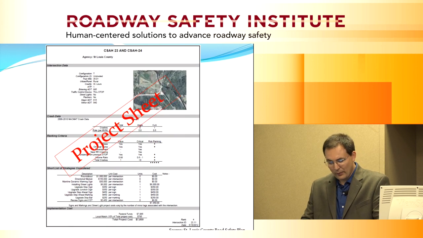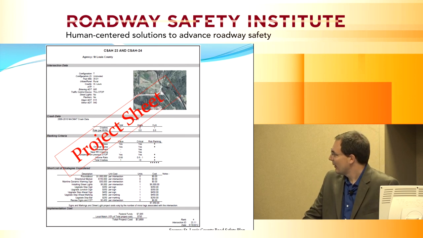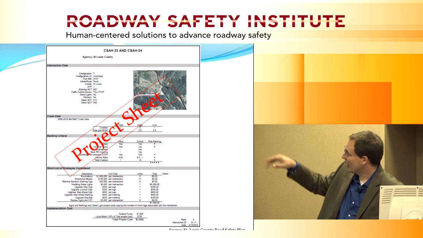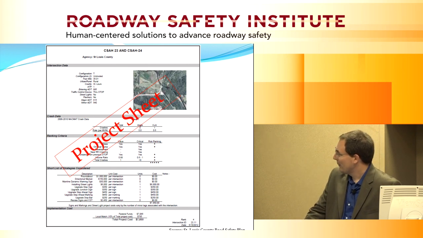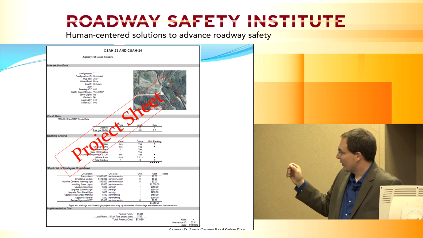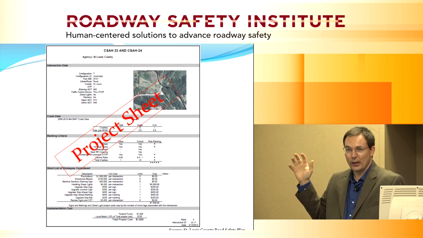Also, what we did with this County Road Safety Plan is develop these project sheets where we were able to identify those high-risk locations. This is an intersection in northern St. Louis County. It gave some metrics or data about the intersection and then some crash data, what risk factors it had, but then it's summarized by saying these are the recommended projects for that location.